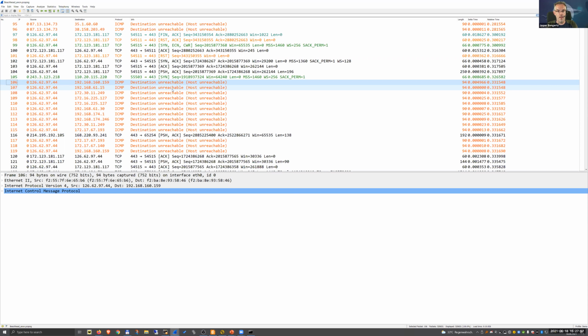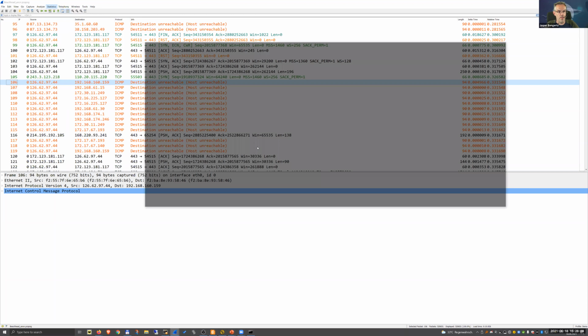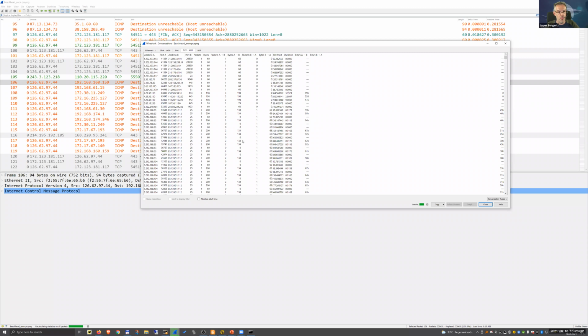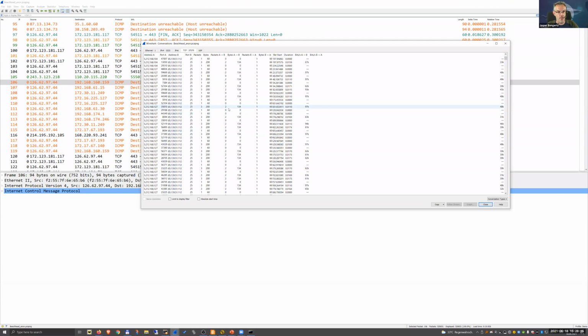And command and control traffic is often, if the attacker is not very, very careful hiding it, very easy to find. And we can take a look at, for example, the statistics here. Look at conversations. And we see there's a lot of conversations here. And a lot of them are going from the same address to the same other address. But is that enough to be a command and control? Well, in this case, Wireshark is maybe quite okay to do this and take a look at it.